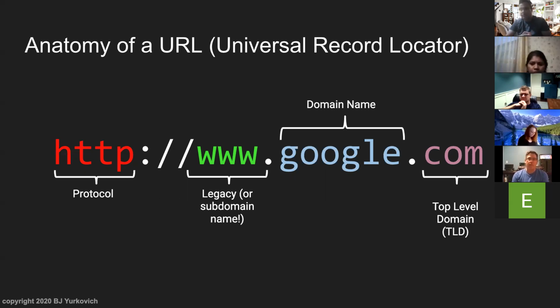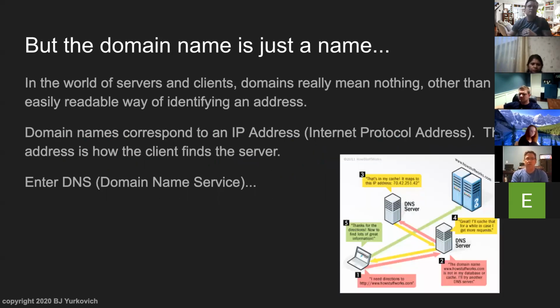And so in this case, your domain name would be google.com, and that .com, .org, .net, that's your TLD, your top-level domain. Those are managed, of course, by IANA and the registrars, and they map to an IP address. It's just a name, right? That URL is just a name. It really correlates to an IP address, IPv4 or IPv6.